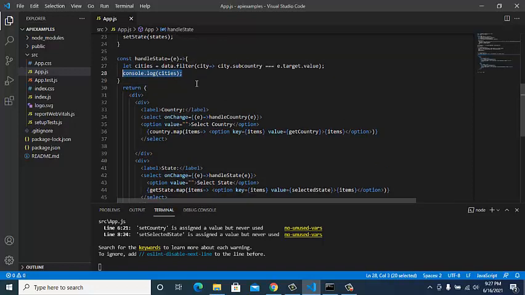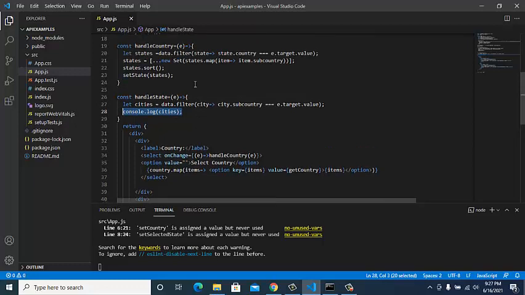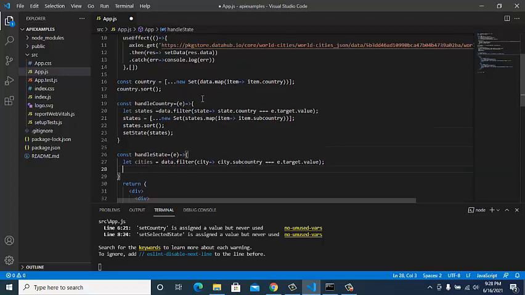Now we'll do the same thing we have done above. Cities won't be repeating because a city is unique for every state. It will be one city only, so we don't need to do that unique thing. We'll just set the data in the city's state.